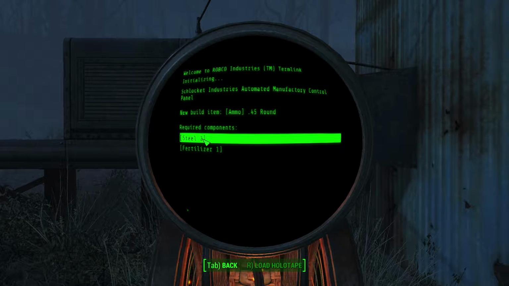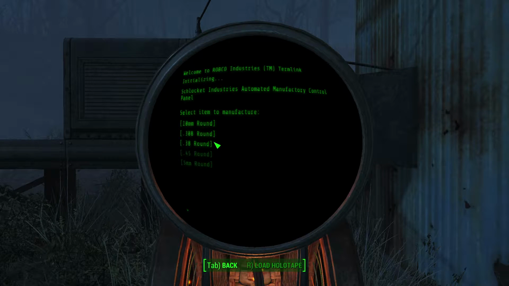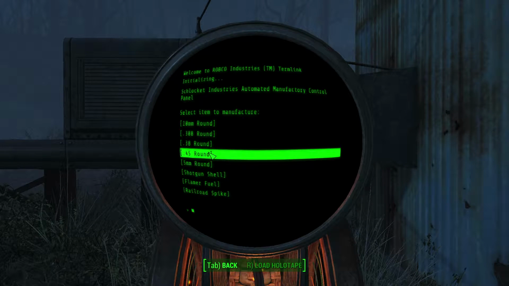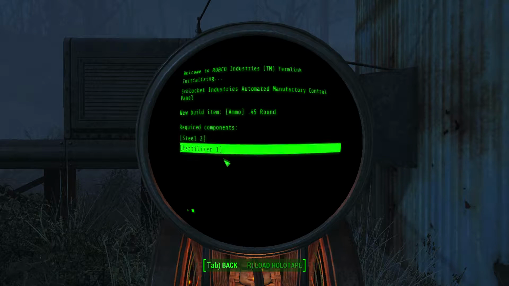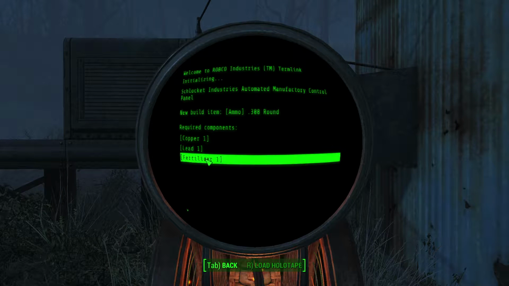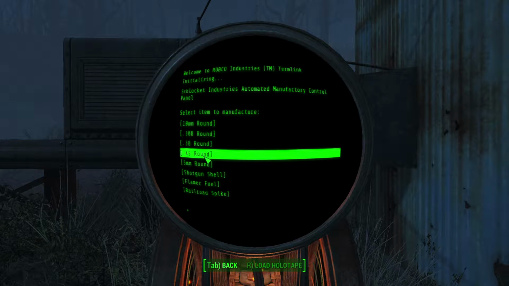So, 2 steel, 1 fertilizer. That's actually not bad. 2 lead, 1... Hold on. They use steel, not lead, so they're actually easier to make. The 308s require copper, lead, and fertilizer. So actually...